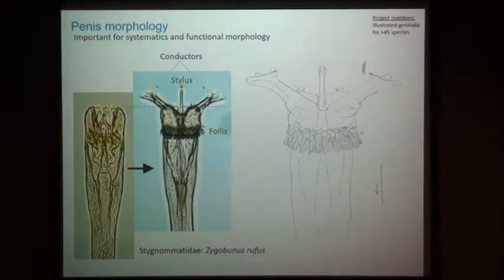And so you can see these points, the red dot and the two yellow dots. When expanded, these points move up, and they move out from within the protective casing of the truncus of the penis, and it unfolds and expands. This is what it would look like in its state when it's actually being used. The stylus is where the ejaculatory duct would terminate and the opening would be at the tip. These conductors in this particular group may be separate like you see here, or they may be fused together. And that's an important character that we're using to